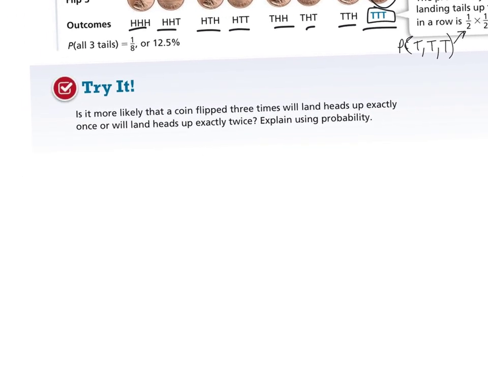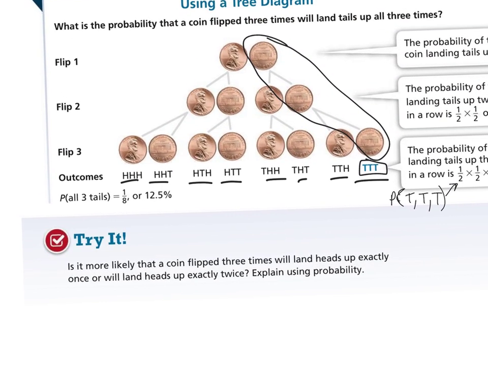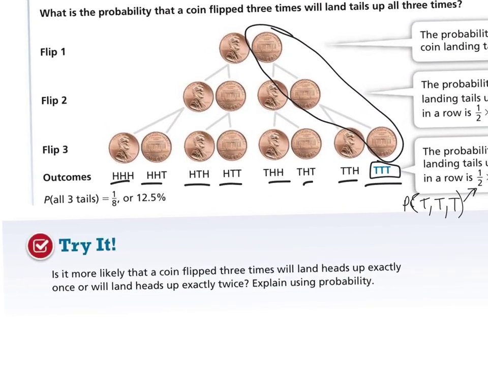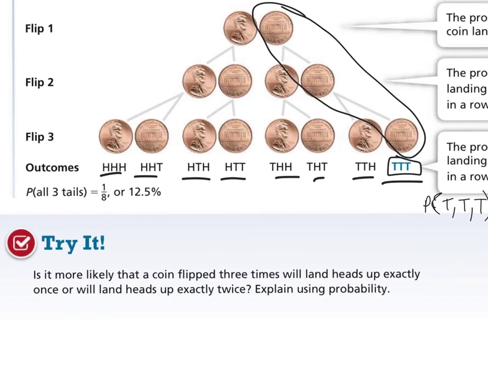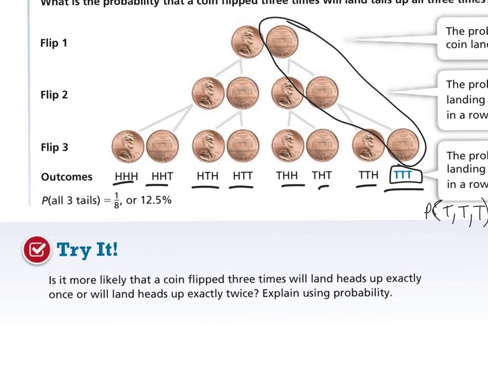So if you look at the try it, it says, is it more likely a coin flipped 3 times will land heads up exactly once, or will land heads up exactly twice? To figure this one out, we probably really want to go with either the tree diagram or a table. This is a little bit more complicated than just saying, I want this one thing to happen. So heads up exactly once. So if we look at this, they already did this tree diagram for us, so we might as well use it. So to get heads just once,